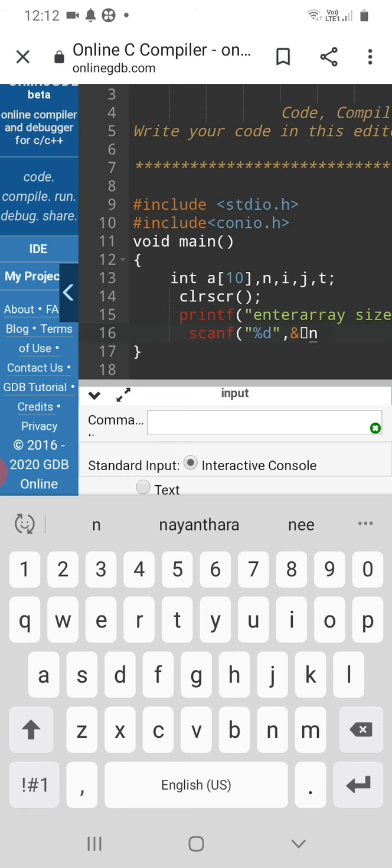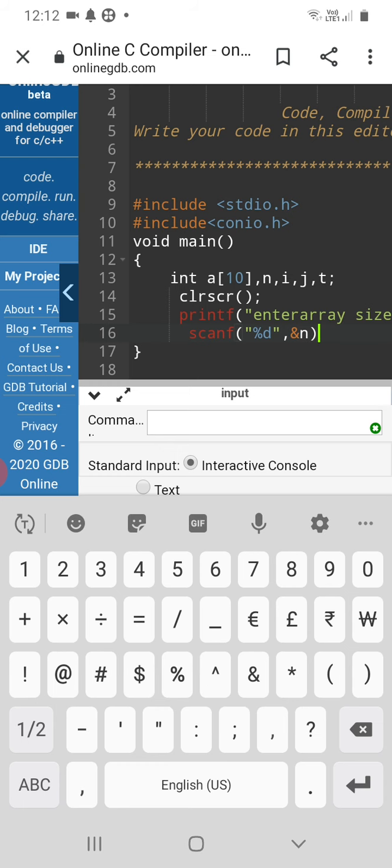It passes the value from the user to the compiler, and putting a semicolon, and write a printf statement.